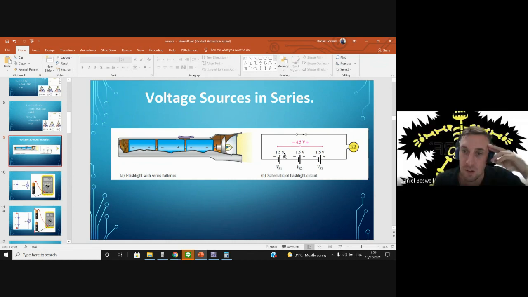1.5 volt. Good job. So 2 batteries together are supplying